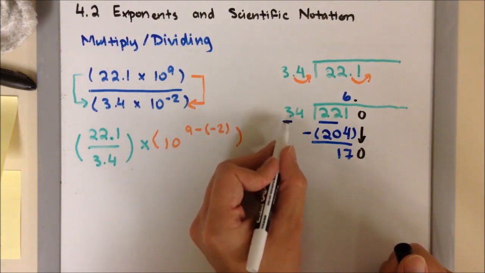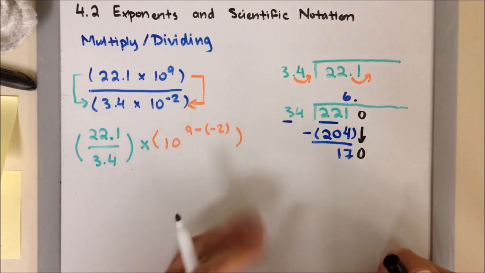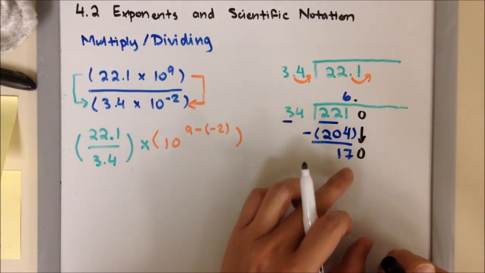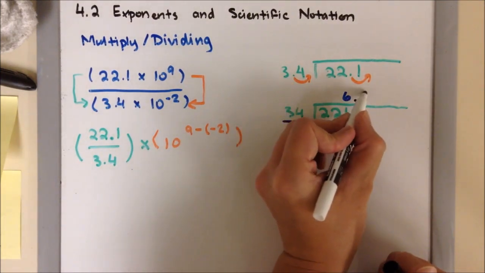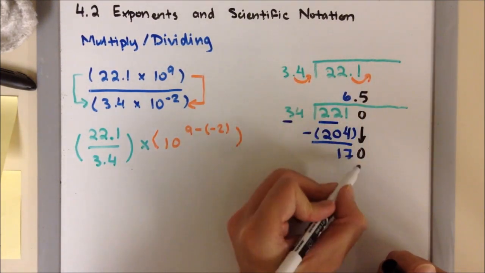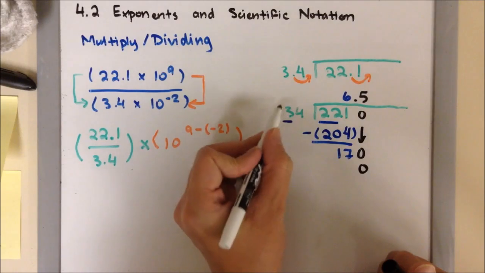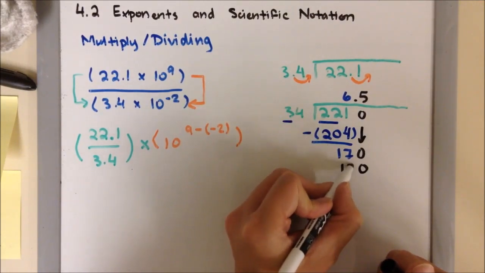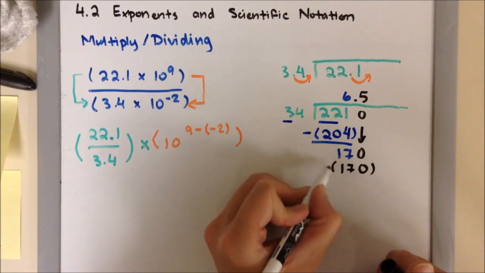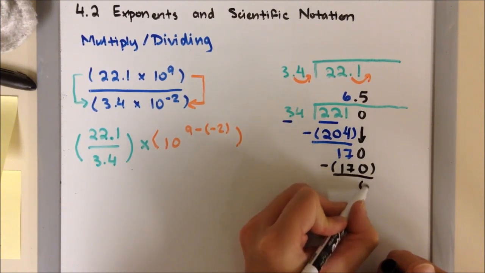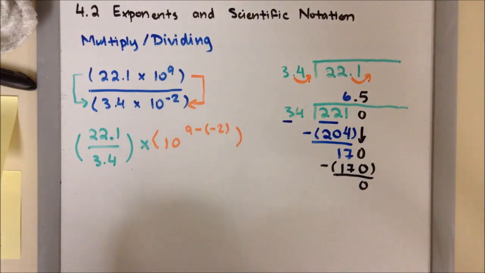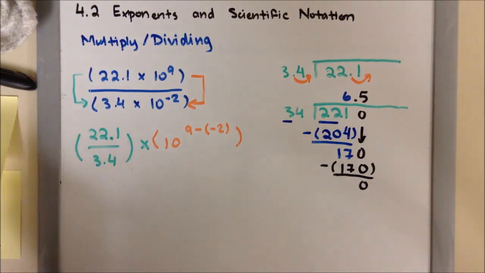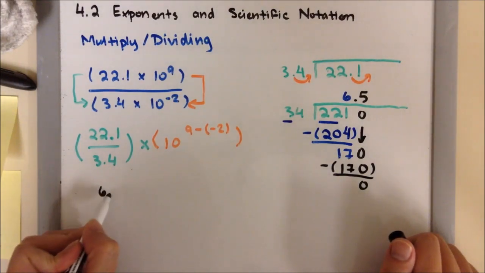Now I got to think about the 3 and the 17. So maybe 5. Because 3 times 5 is 15, which is less than 17. So I'm going to put 5 up here. 5 times 4 is 20. Carry the 2. 5 times 3 is 15, plus 2 is 17, so 170. Subtract. My remainder is 0. So, 22.1 divided by 3.4 is actually 6.5